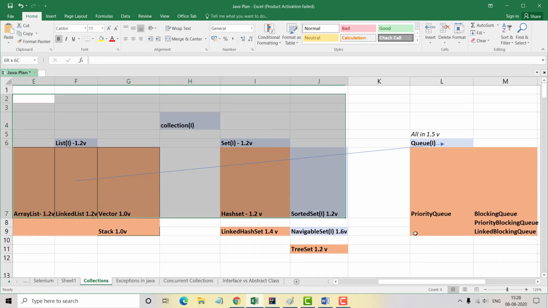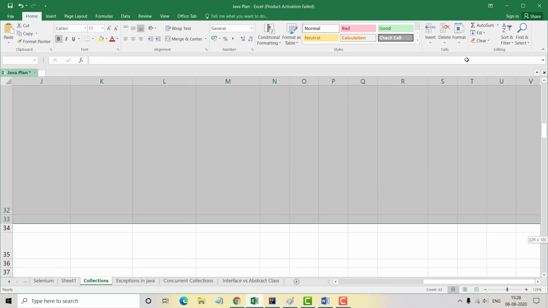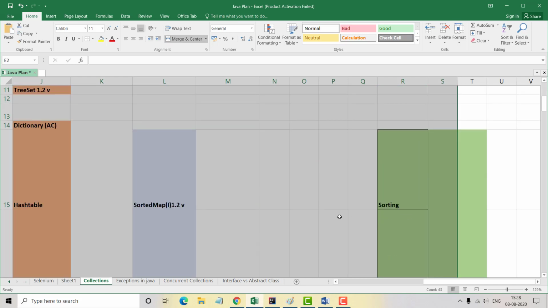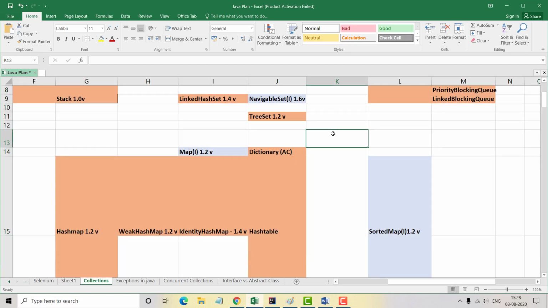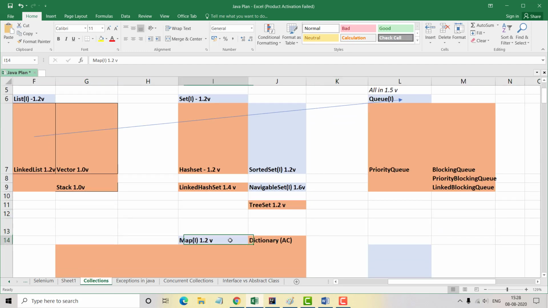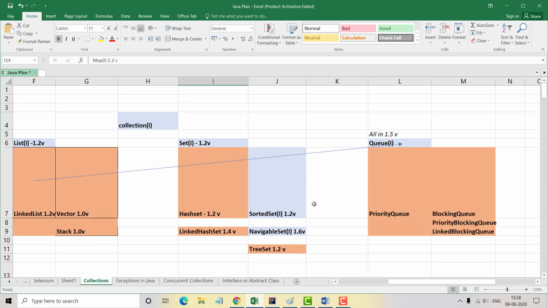If we combine this total picture, which includes the collection framework as well as map, all of it is considered the collection framework, but map is a separate entity and it is not a child of the collection interface. One by one we will go through it.